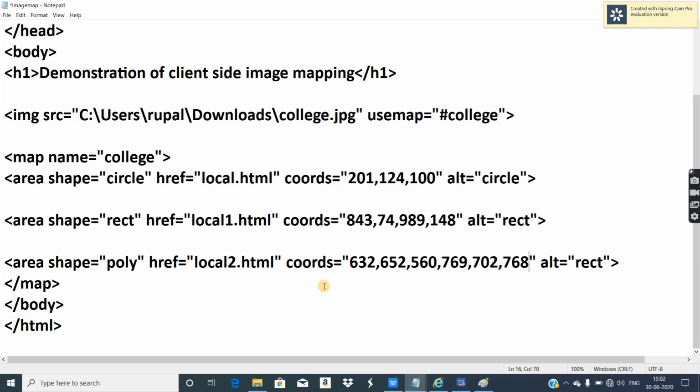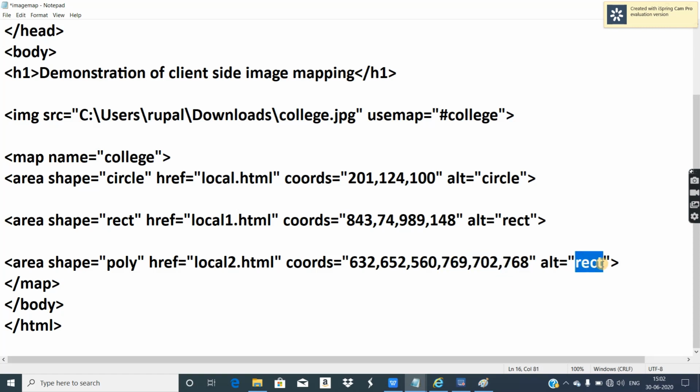Okay, so all three coordinates have been taken. In a circle we take only one coordinate, in a rectangle two coordinates, and in a polygon three coordinates. Poly, three coordinates: 1, 2 and 3.